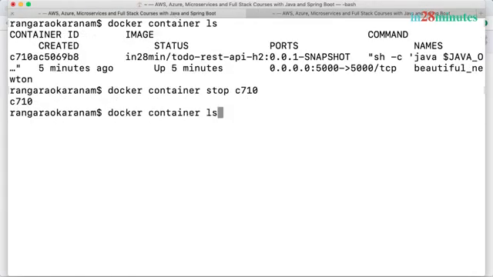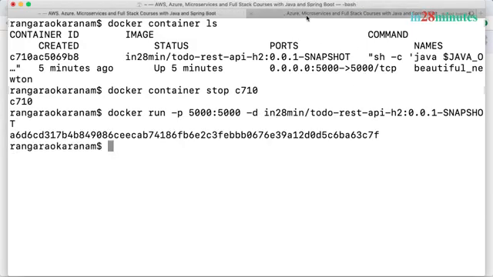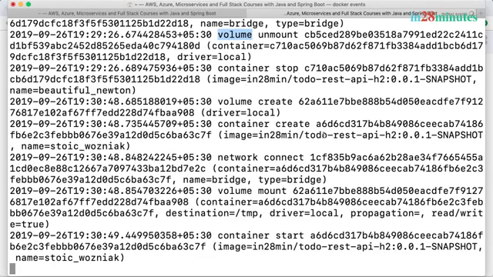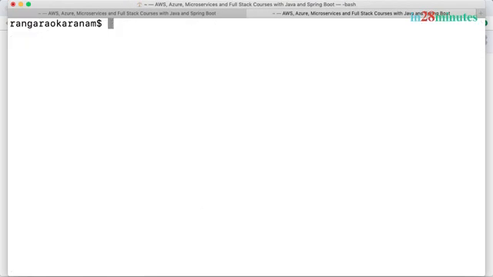Now, let's try and launch up another container. So I'll launch up the same image that we used earlier, -p 5000 -d in a detached mode, and let's launch it up. And over here, let's go to the events, and you can see that there are a lot more events which are happening. So if you want to see what's happening with your Docker environment, what it is doing, you can do Docker events and you can see what's happening in the background. It keeps running continuously. Now I'll do a Control-C to terminate the Docker events and do a clear.